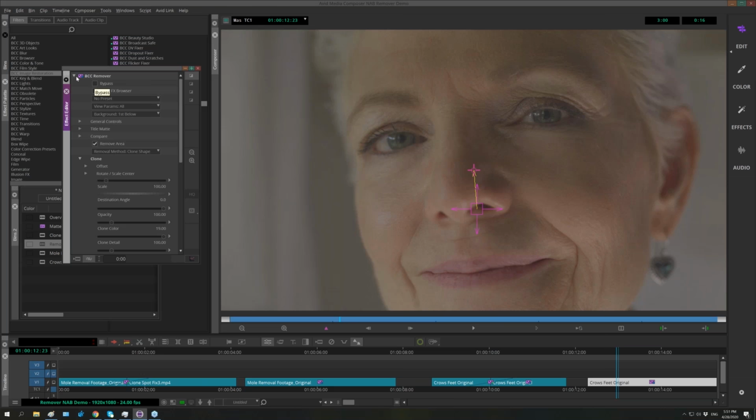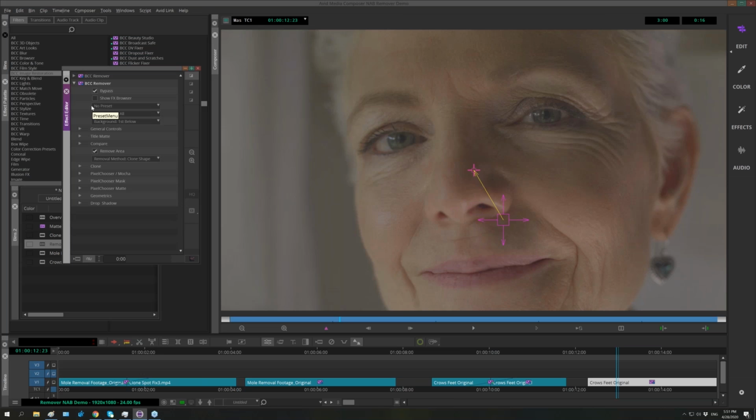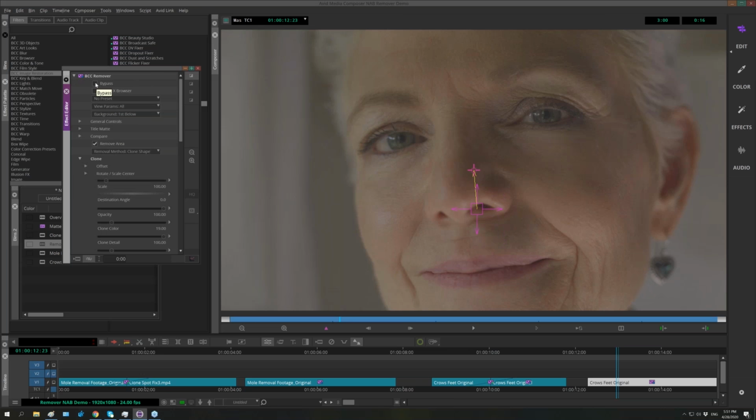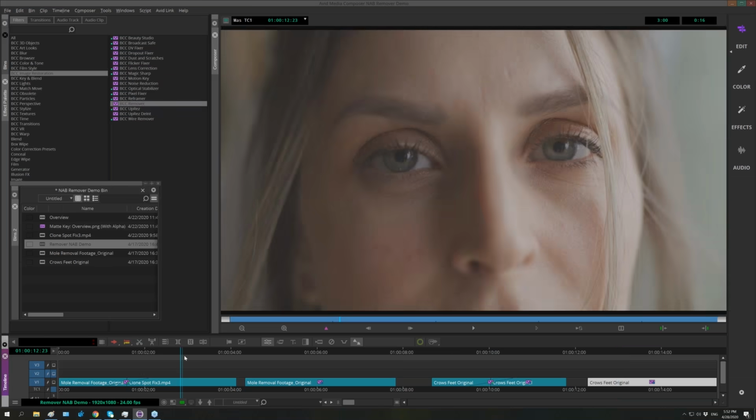And so you can see, if I just turn these on and off, just how quickly and easy it is to use BCC Remover to mask out or to clone out areas and create either digital makeup, or, as the case may be over here, remove the mole here. Use the spot remover to take care of that mole